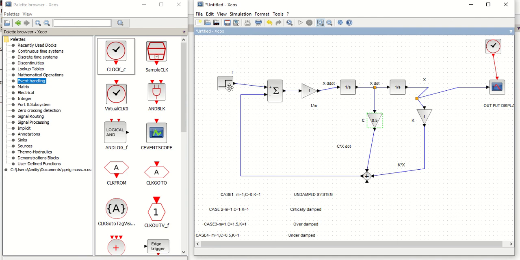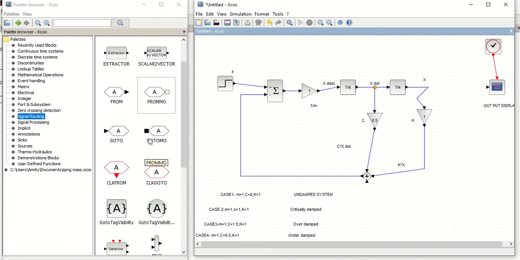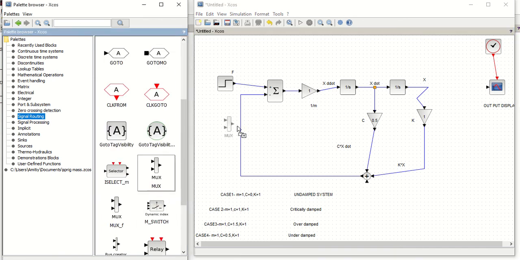For connection from here it's not directly possible. So for connection we are taking another component from signal routing. Signal routing, and it is called MUX.